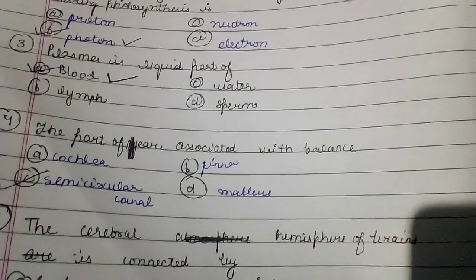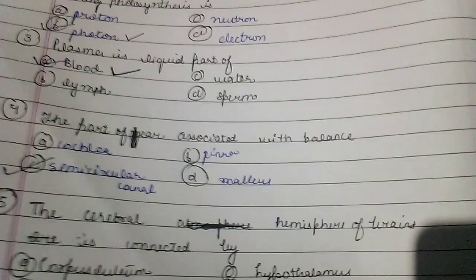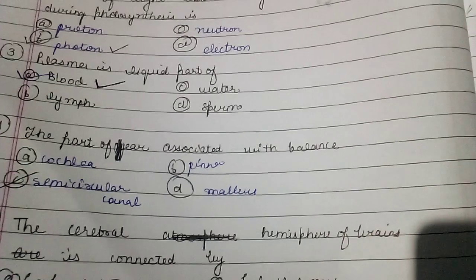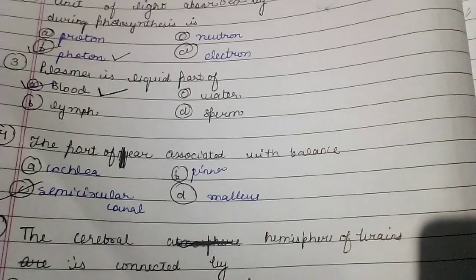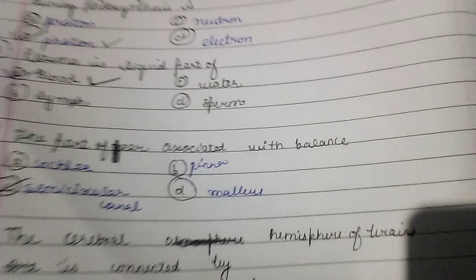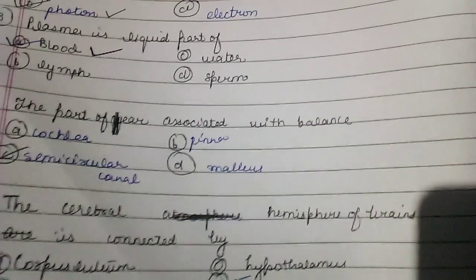The cochlea is a part of the ear which is associated with hearing. The function of cochlea is hearing, and cochlea contains the organ of Corti. Organ of Corti has a very important function of converting the sound vibrations into impulses, and in turn the auditory nerve carries the impulses to the brain, and then we are able to perceive a sound. All these things happen in a fraction of a millisecond, and it happens very quickly, in a jiffy.